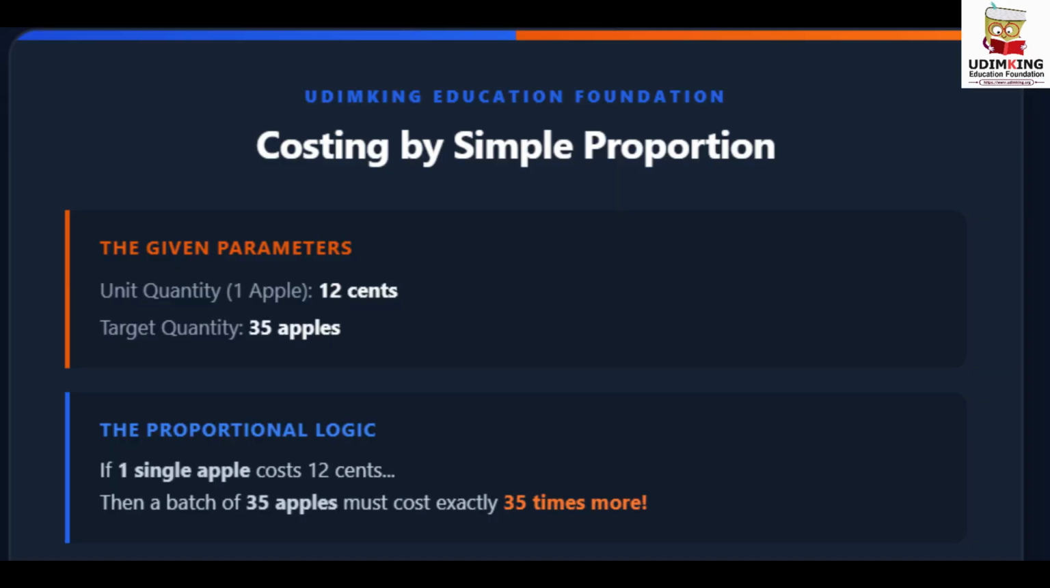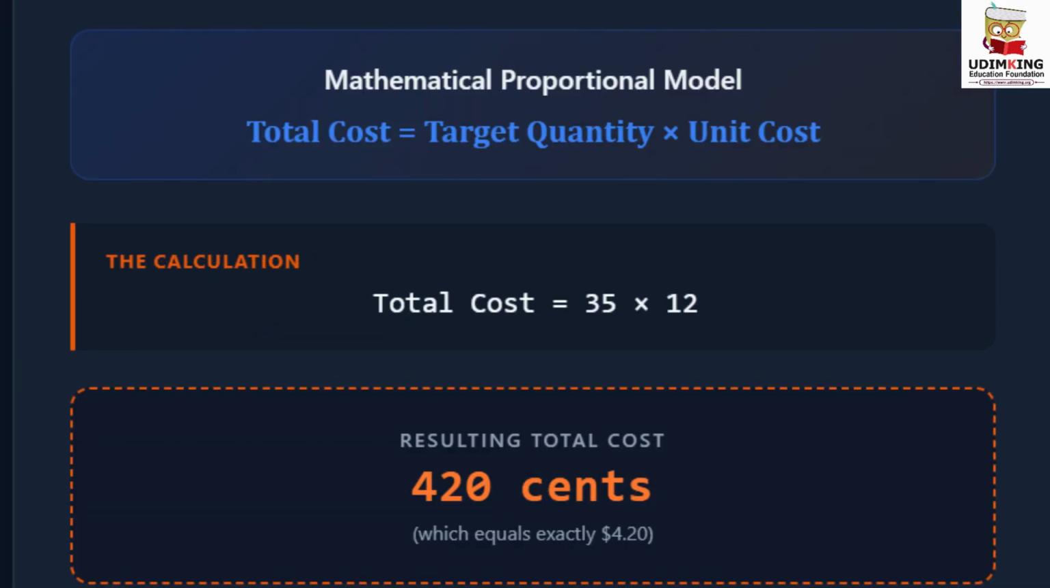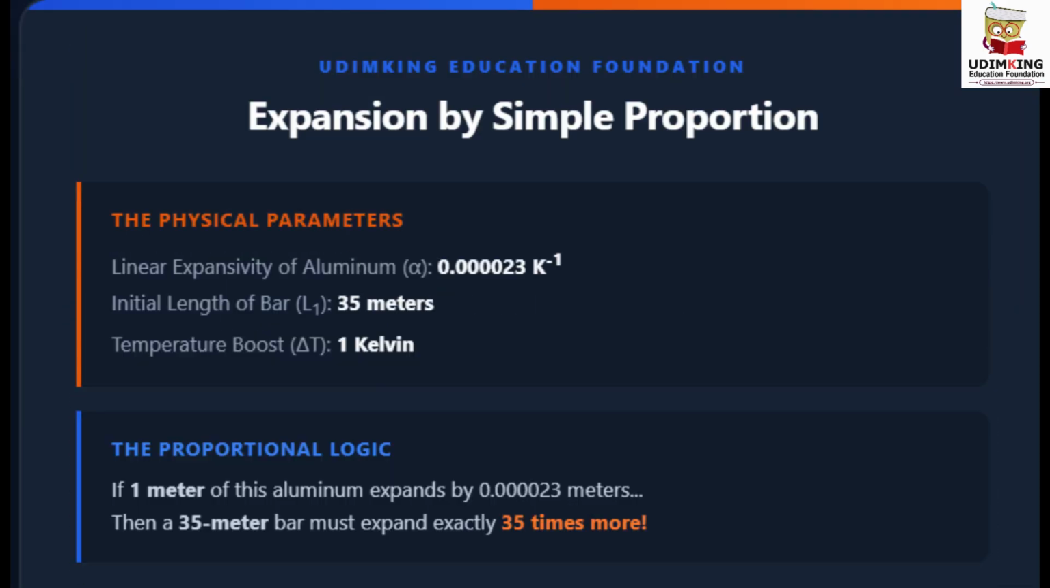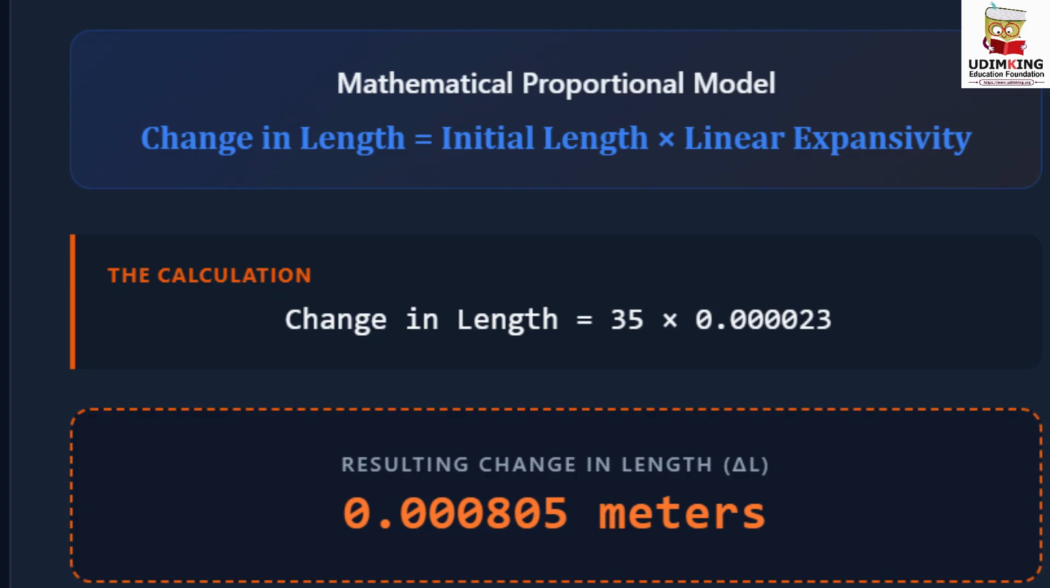It's just like buying fruit. If 1 apple costs 12 cents, 35 apples will cost 35 times 12 cents. So, to find the expansion for a 35-meter bar, when heated by just 1 degree, we simply take our expansion number and multiply it by 35. Mathematically, that is initial length multiplied by linear expansivity. And that gives us the change in length as 35 times 0.000023 meter,